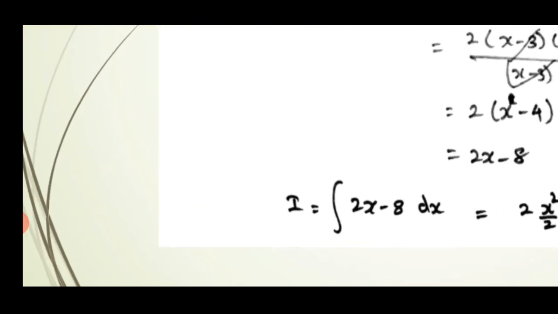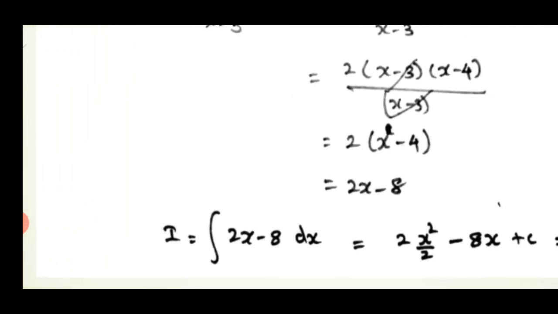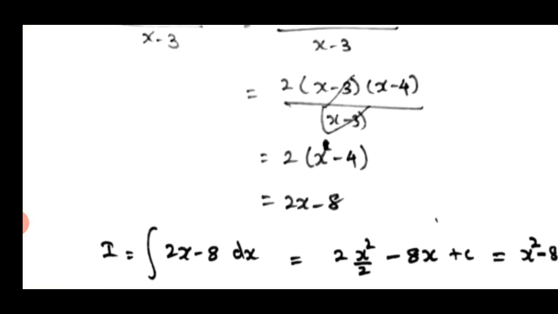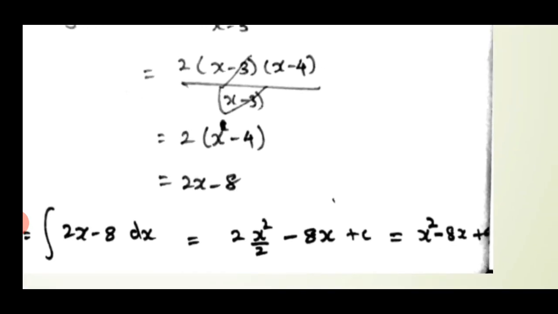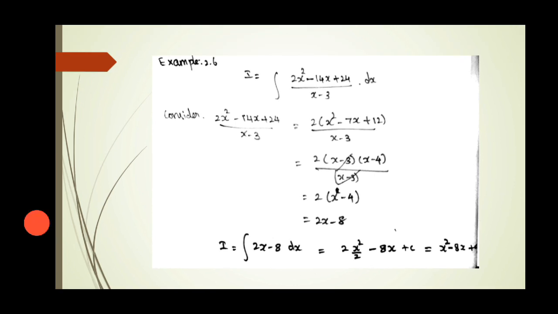So now the question becomes I equals the integral of (2x minus 8) into dx. Okay, let's integrate. 2 is a constant, keep it. X means the power is 1, x power 1. So when you integrate x power 1, what is the answer? X power 1 plus 1 by 1 plus 1, that is x square by 2. So 2 into x square by 2 minus 8. Minus 8, when you integrate, I said when you integrate a number, the answer is number into x. So minus 8x is the answer. So the 2 will be cancelled. So we have x square minus 8x plus c. And that is the answer for this sum.